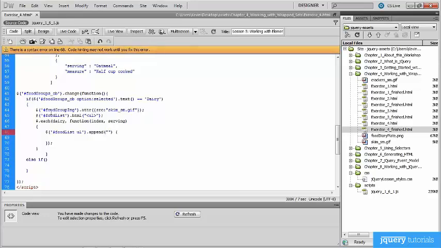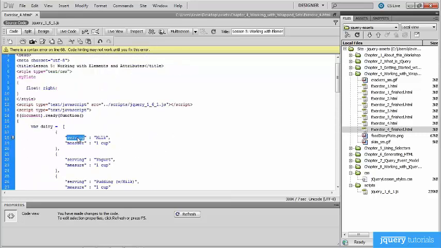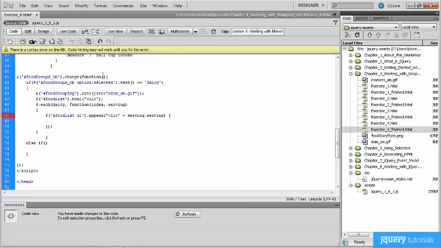So we're going to put some string literals here indicating that we would literally like to append to this UL tag an LI tag, and then we're going to take that LI tag and concatenate it with the serving that was passed in here by way of our dairy variable. So this might look a little confusing because we're saying serving.serving, because serving represents our dairy object, but it has a property called serving, just like it has a property called measure. So we're just saying take whatever was passed into here, which we chose to call serving, but we could have called it something different, and we get that object's serving property, and we can concatenate that with more string literals